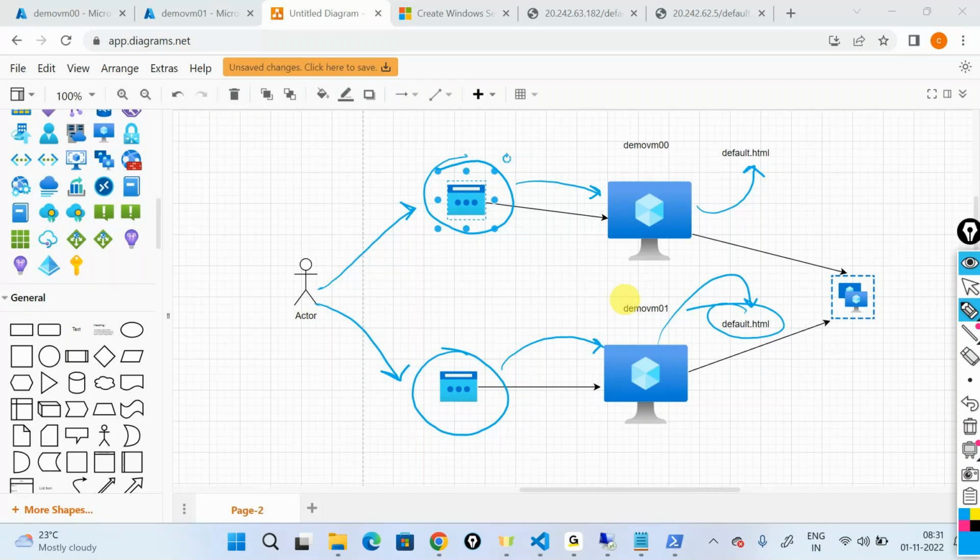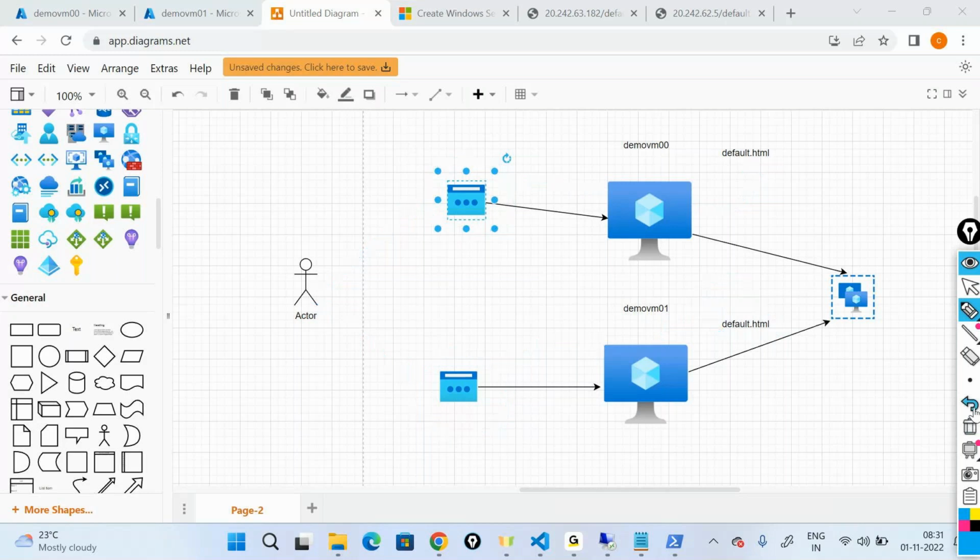But the issue is that, let's say you have given public IP 1 to this particular end user. If this user is using this public IP 1, this is the address he will be using, which is 22.42.63.182. So as a user, I'll be able to visit this website, but in case something happens to this particular machine,